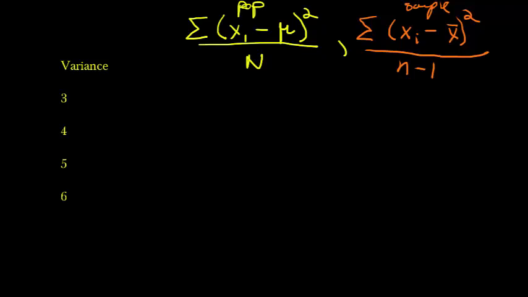What we're looking at, the difference here, is that here I'm looking at mu, here I'm looking at x bar. You automatically know that this one has the total number. That's what the capital N means, the total number of observations in a population, and little n means the total number of observations in a sample. N minus 1 is something that we use to hedge, to be inclusive of all the other observations that we don't know are in the sample. It's a mathematician's way of being inclusive,